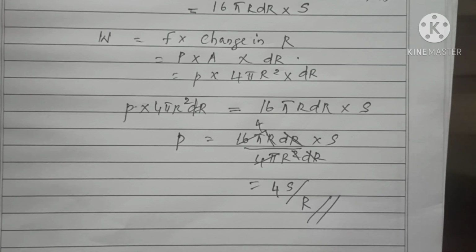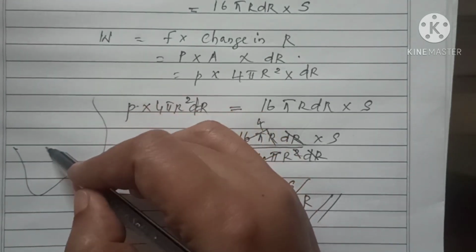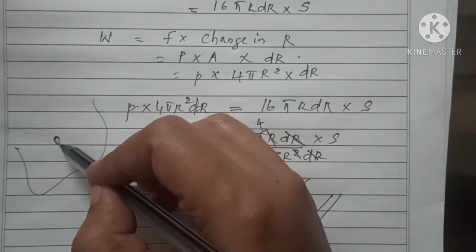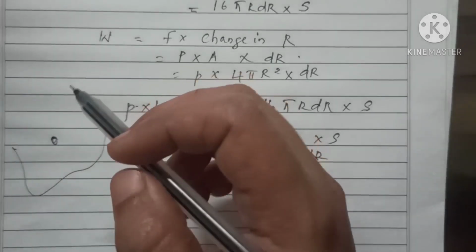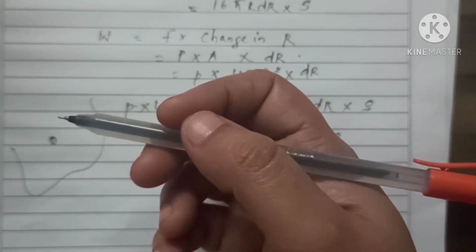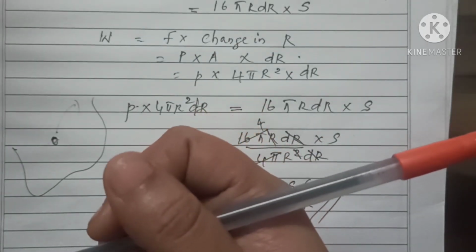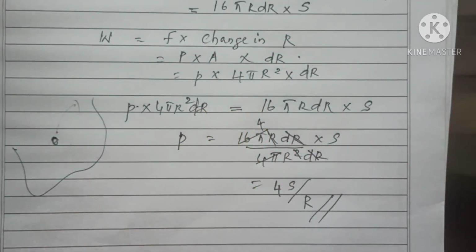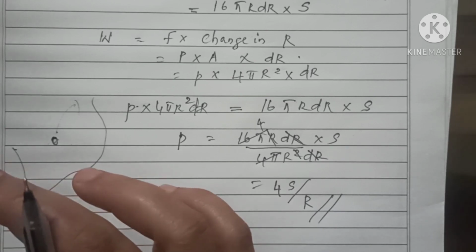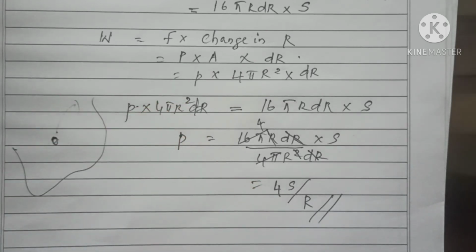For a soap bubble, you have two free surfaces. Understood? But if it is an air bubble in liquid, suppose in liquid there is an air bubble. For an air bubble, you know that it has only one surface. That means it is similar to that of a liquid drop that we have already derived. So if a question comes like find the expression for excess pressure inside an air bubble in a liquid, you have to do the same derivation as that of the liquid drop.